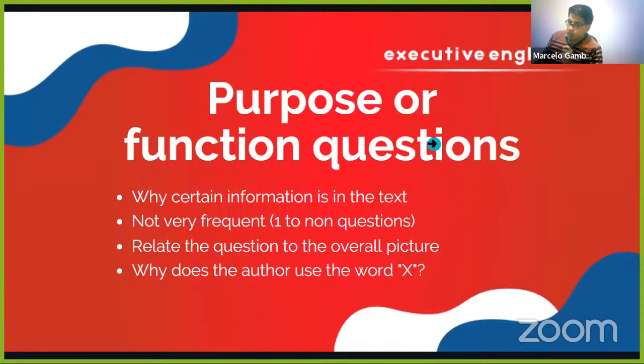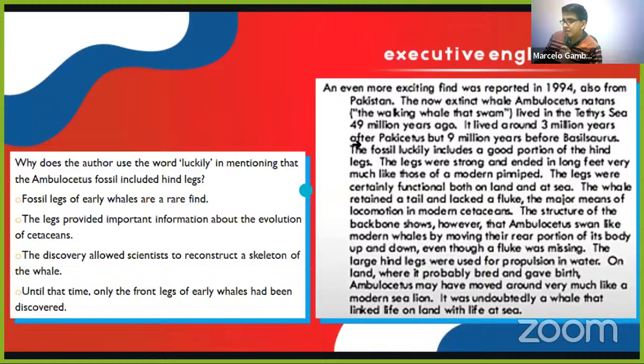Okay. So here, basically, we ask the question why certain information is in the text. Not very frequent. One or zero questions. That means that if we have 10 questions, it's either 10% or 0% of the questions. Then you can also infer that if you have this question once, you're not going to have that question anymore in the same passage. Related question to the overall picture: why does the author use the word X? Okay, so basically,